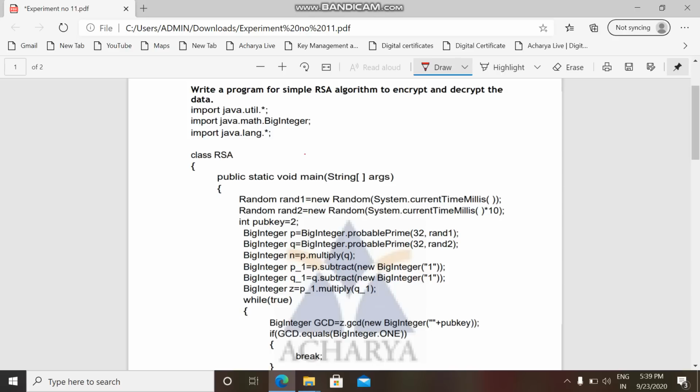Once you get p minus 1 and q minus 1, then you do normal multiplication. This is p underscore 1, where we have subtracted p by 1 and subtracted q by 1, and multiply p minus 1 by q minus 1 and you get z.